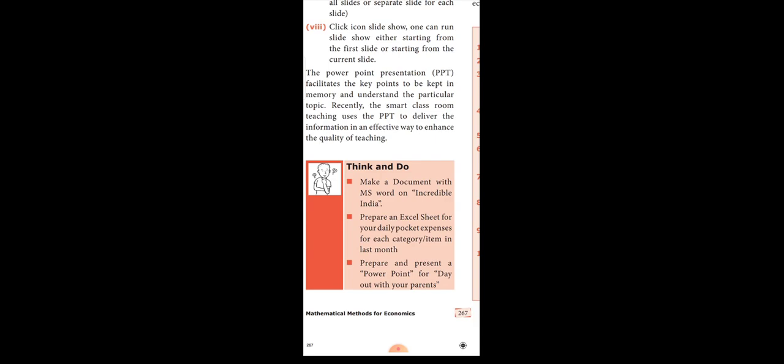Today's homework: I want you to do the consumer surplus question, the question given on page number 264. The next topic, producer surplus, we don't have. Apart from that, I want you to write a detailed answer, part D, fourth detailed answer: What are the ideas of information and communication technology used in communication? The answer is on page 265.